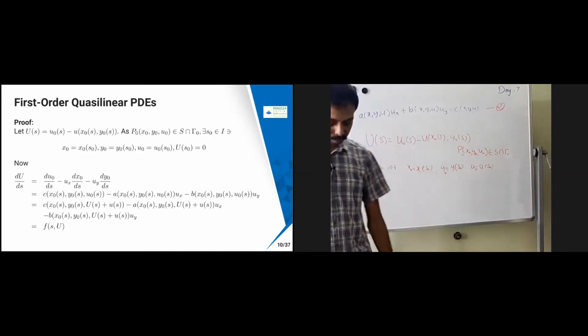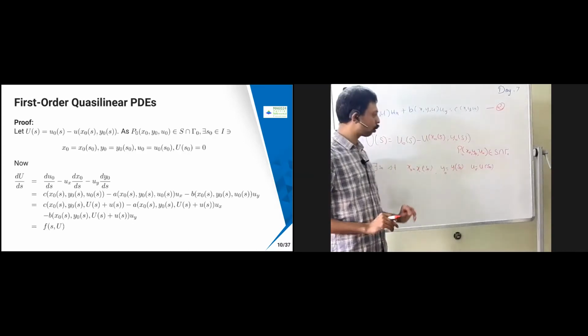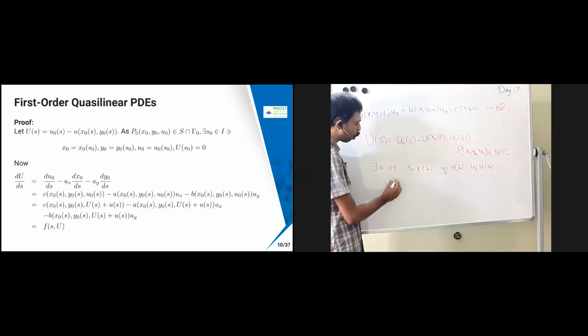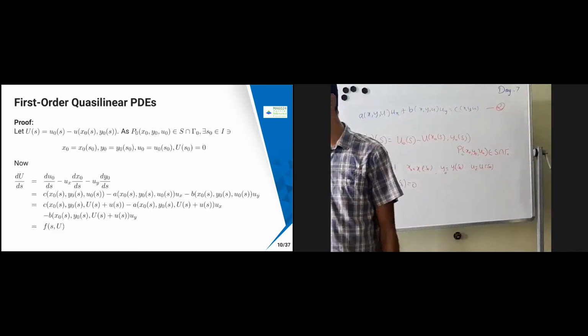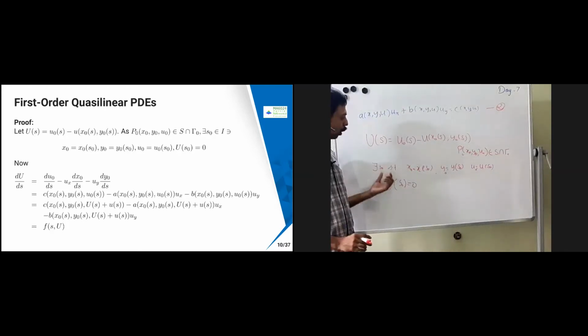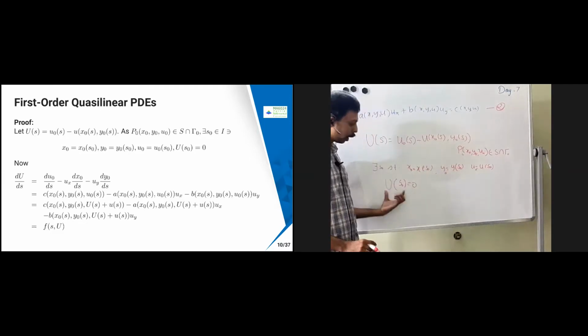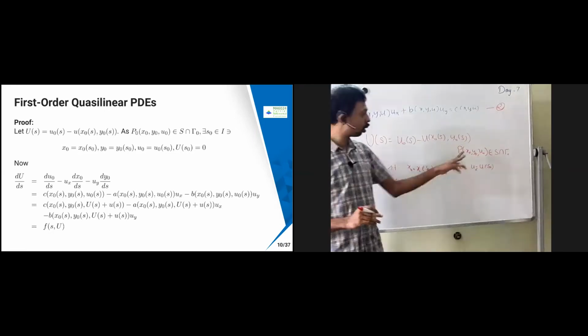Now, what will happen here? If I substitute over here, u of s naught is going to become u naught of s naught minus u of x naught, y naught, so u of s naught equals 0. So I am going to get an s naught such that x naught equals x of s naught, y naught equals y of s naught, and u of s naught equals 0. These are all the conditions I get because it is belonging to the intersection.